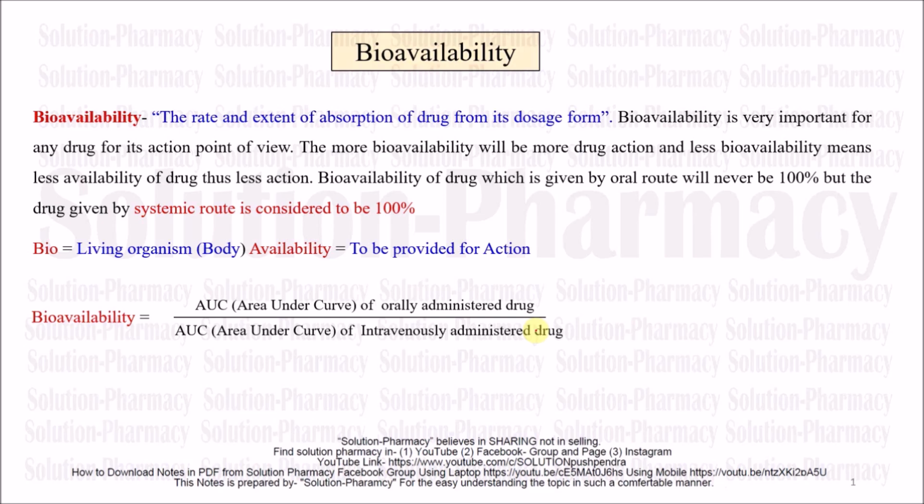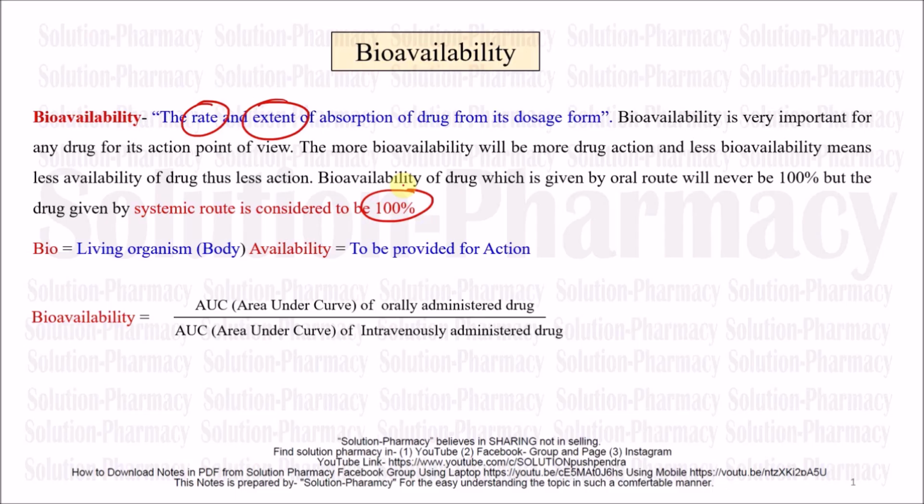The rate and extent of the drug absorbed from its dosage form is simply considered as bioavailability. In this definition, the two words, the first one is rate and the other one is extent, are very important, because all bioavailability depends upon these two terms only. But another important point says the systemic route is considered to be 100% bioavailable. That means any drug which is given through the intravenous route of drug administration will produce 100% bioavailability, whereas any drug which is given through the oral route of drug administration will not produce 100% response